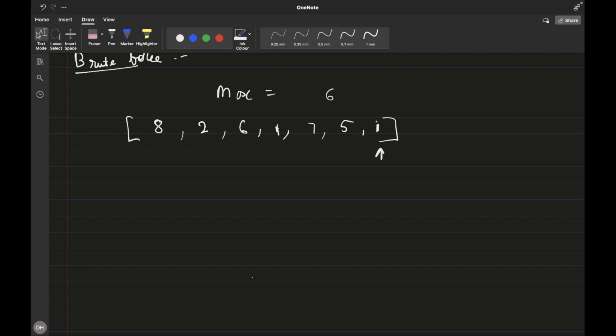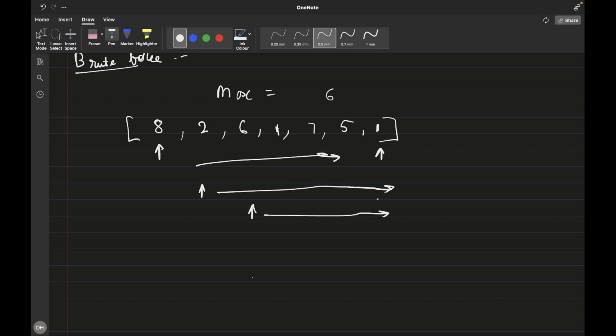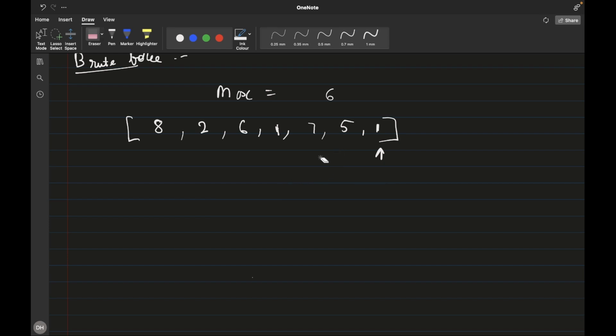So in this approach, what we are trying to do is we are starting from an individual day, and then we are traversing every single day after that. And this happens continuously till we reach the end. So what effectively is happening is this is a big O of n square solution. And big O of n square